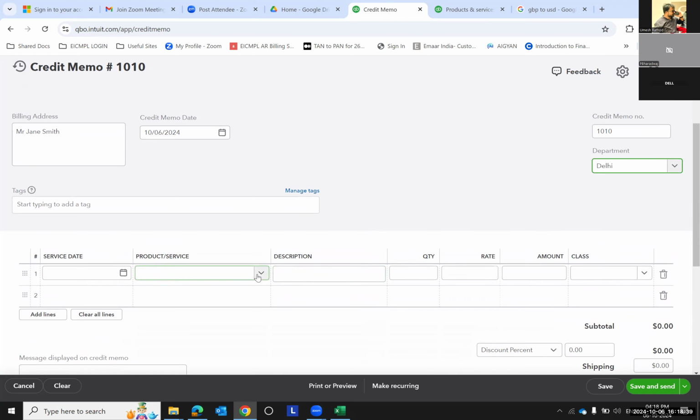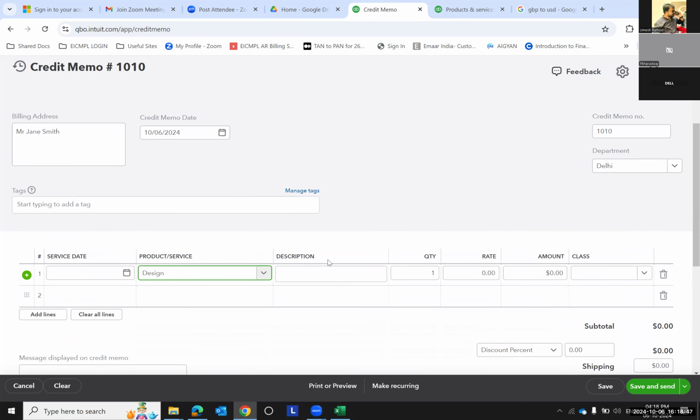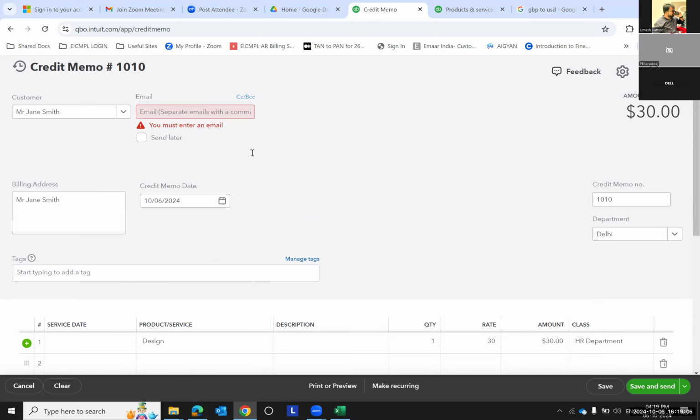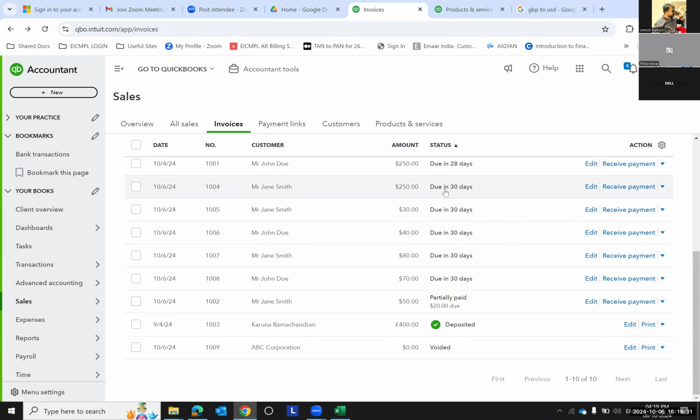जेन स्मिथ को दिल्ली में हमने क्या बिल किया था? अलग अलग सर्विस है, डिजाइन ले लीजिए, कोई दिक्कत नहीं, कोई भी एक प्रोडक्ट है ना उसको आप स्टिक करके रखिए कि वही प्रोडक्ट हमारे पास सिलेक्ट करेंगे तो आपको कोई कंफ्यूजन ना हो। 30 अमाउंट का दे रहे हैं। सेव कर दें। ये ईमेल एड्रेस का इश्यू बता रहा है। क्योंकि आपने सेव एंड सेंड किया हुआ है, आपको करना है सिर्फ सेव। सेव एंड क्लोज। ओके। हो गया।